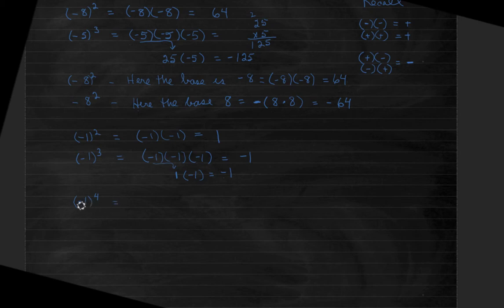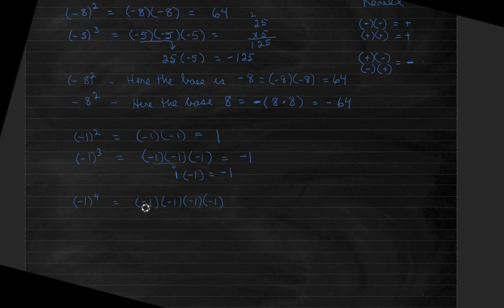So here, as you would expect, is multiplying negative 1 times negative 1, again times negative 1, and then again times negative 1. But what do you expect the answer will be? Since we have two pairs of negative 1s, you're going to end up with two positives. And multiplying two positives will give you a positive.